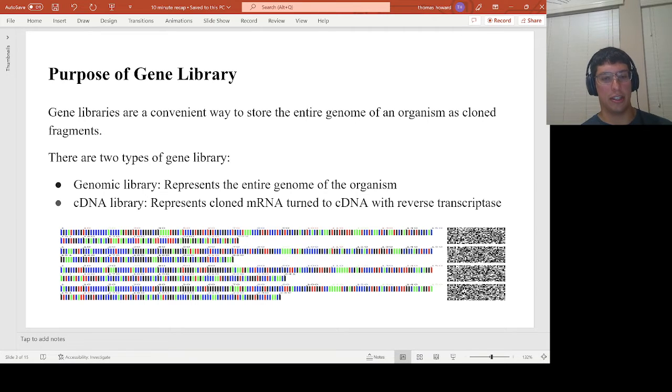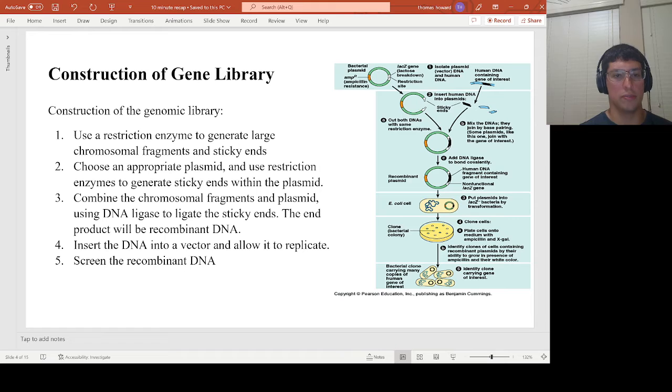The cDNA library will contain varying amounts of gene clones because it is all based upon what genes and how much of these genes the organism is expressing at a certain time. Meanwhile, the genomic library is much larger than the cDNA library, as you probably guessed, because the genomic library contains all the introns and exons of the organism's